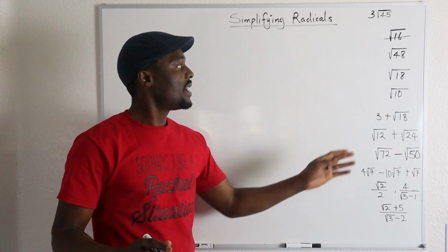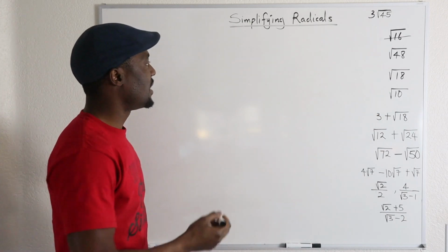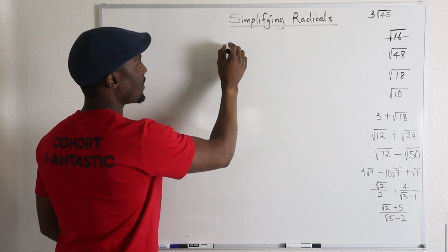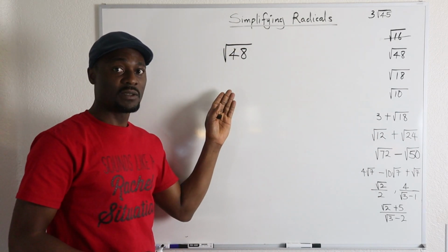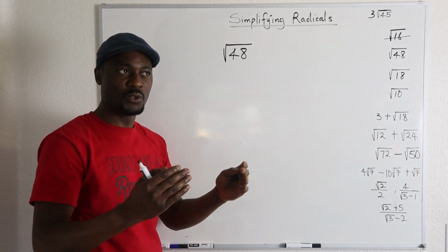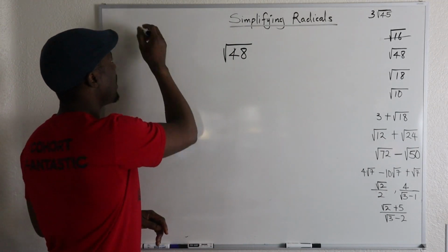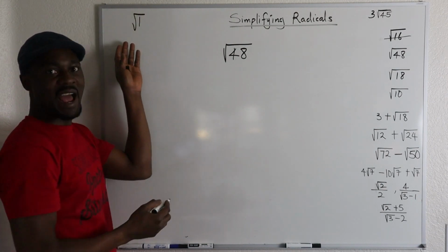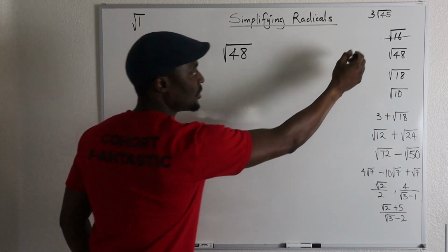So starting from the very first expression I have, I'm going to try and simplify this, rad 48. So, rad 48 is an irrational number because it's not a perfect square. You can't think of two numbers you multiply. So the numbers you will be thinking of right now are 1, because 1 times 1 gives you 1. So this is not a radical, okay? So you can think of numbers you will use. I'll just make a